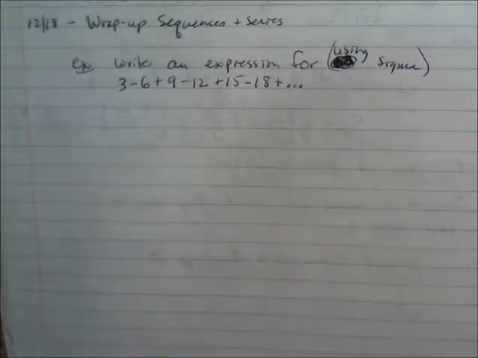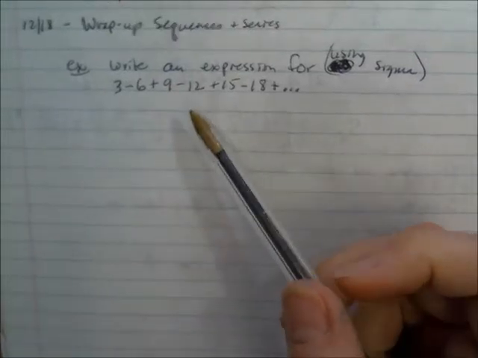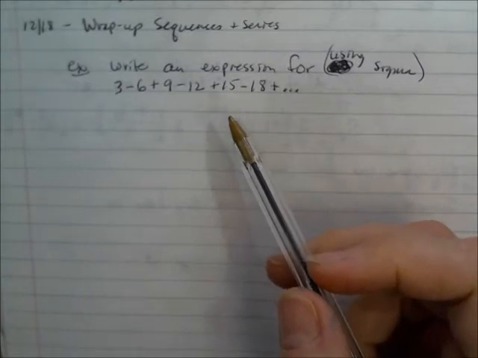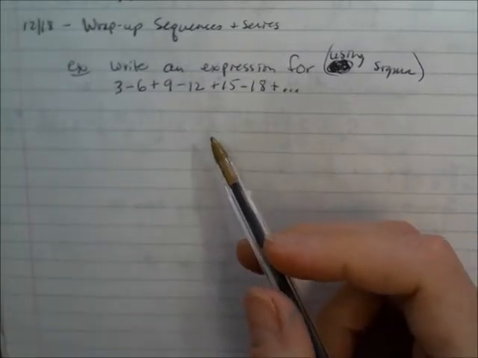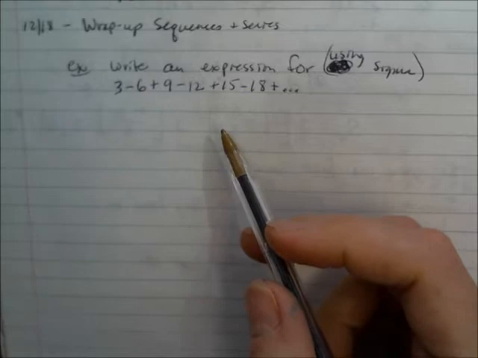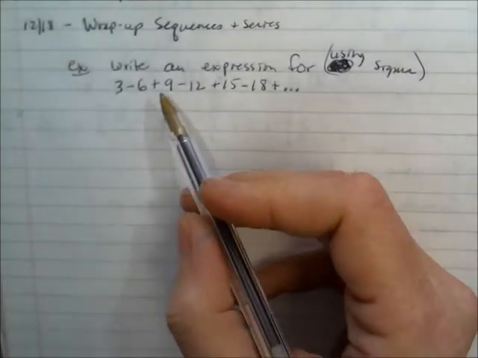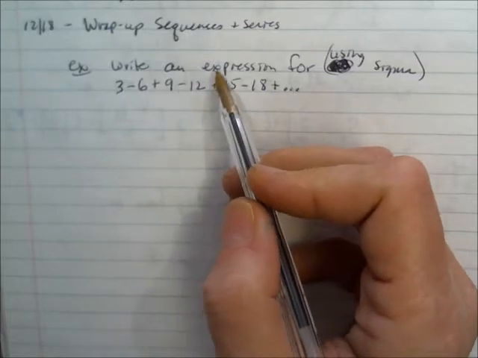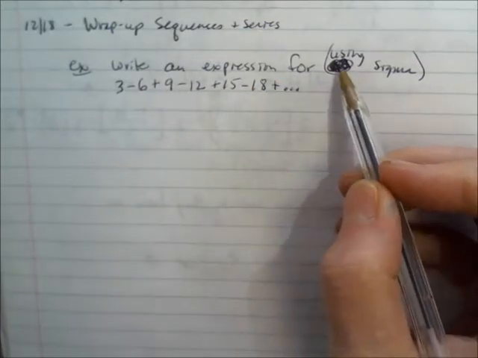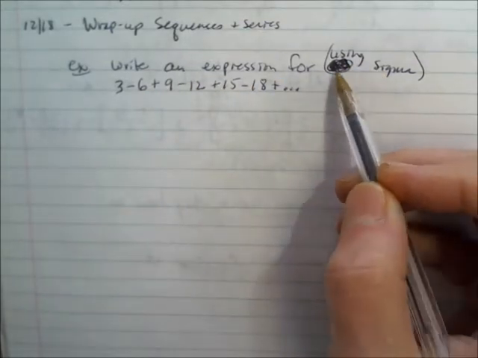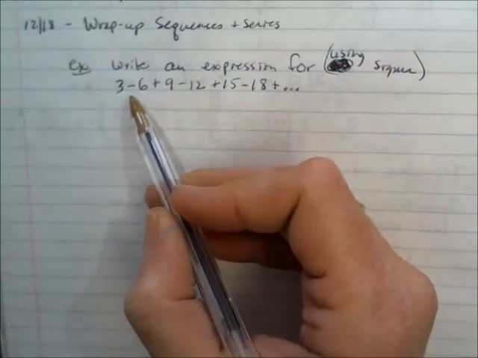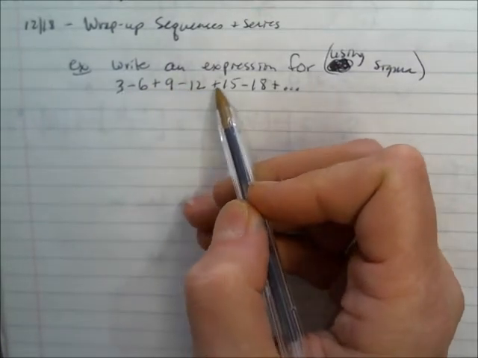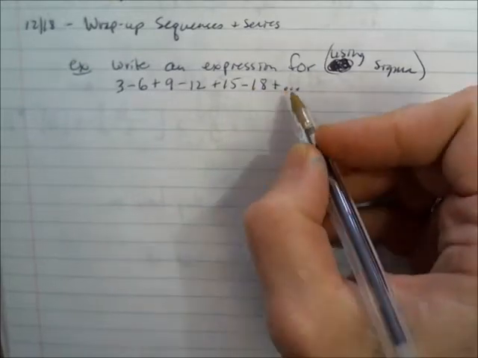Today we're going to wrap up the chapter on sequences and series, and I'll give you a couple of interesting problems to go through that have to do with sequences or series. The first one is, what if you're asked to write an expression for the following series, and I'm going to ask you to use sigma notation. And it goes like this: 3 minus 6 plus 9 minus 12 plus 15 minus 18, and this is an